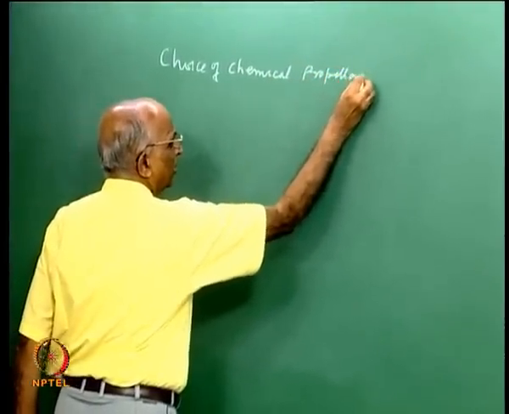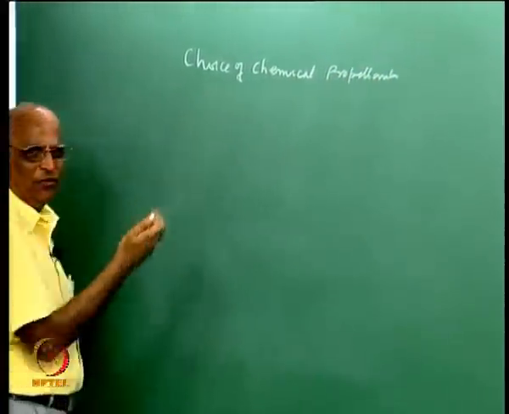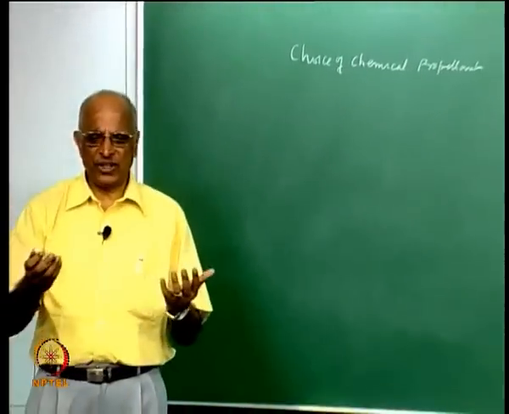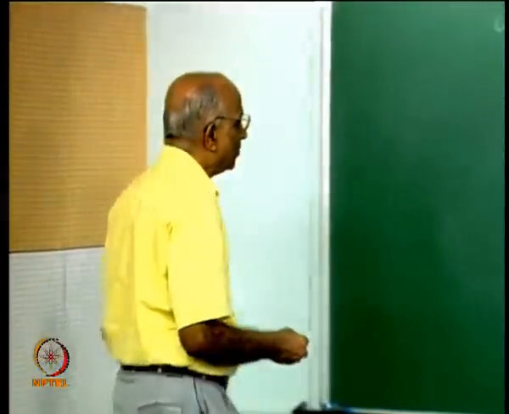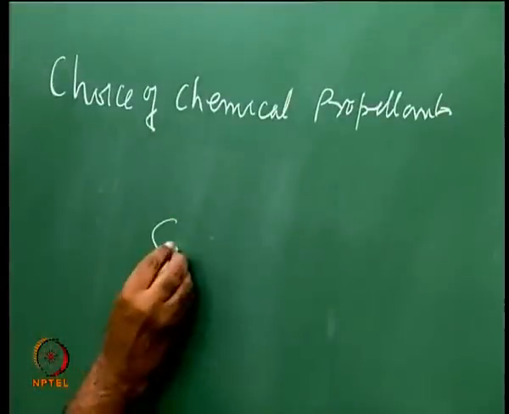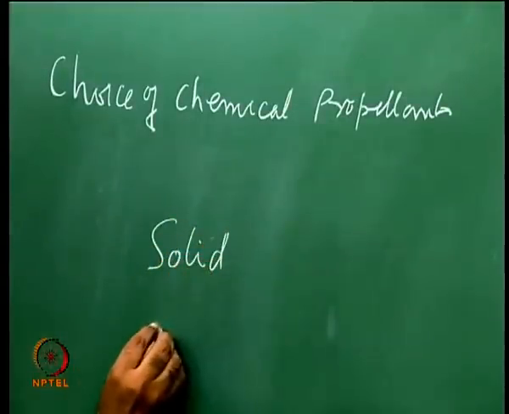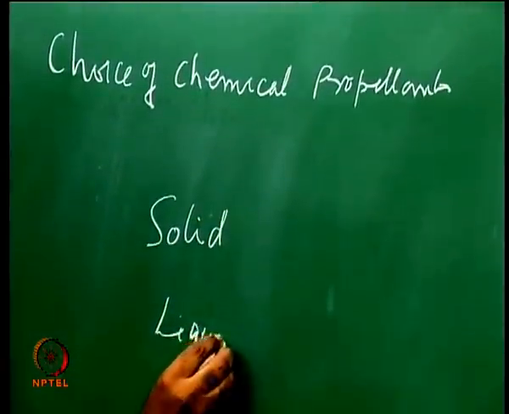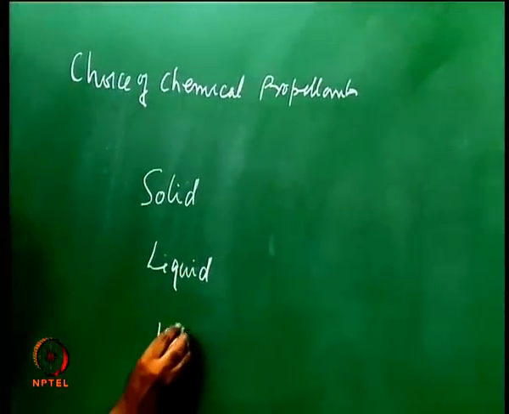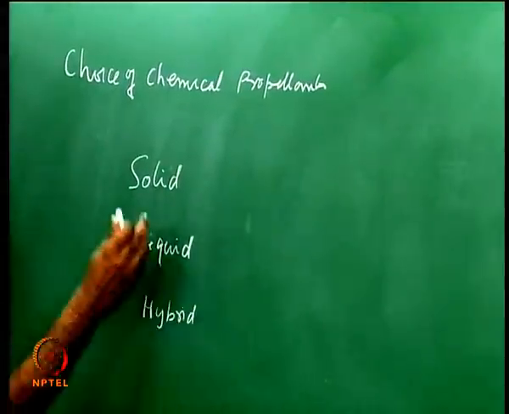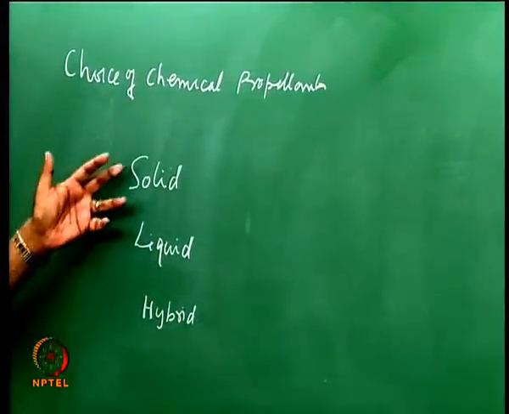By choice I mean the criterion we need to follow, how we say this propellant I can choose, because there are so many chemicals. What are the chemicals we use? We will see with respect to solid propellants, we will say with respect to liquid propellants, maybe we will also see any other form of propellants like hybrid, and make a judicious choice, and then we will go into details